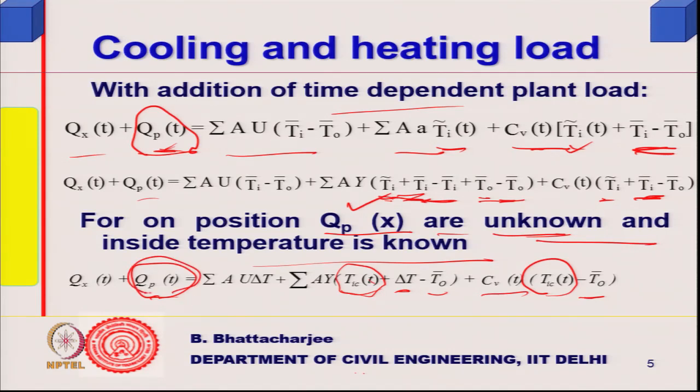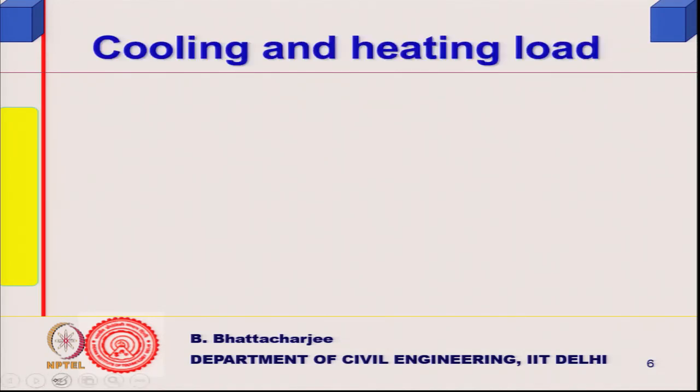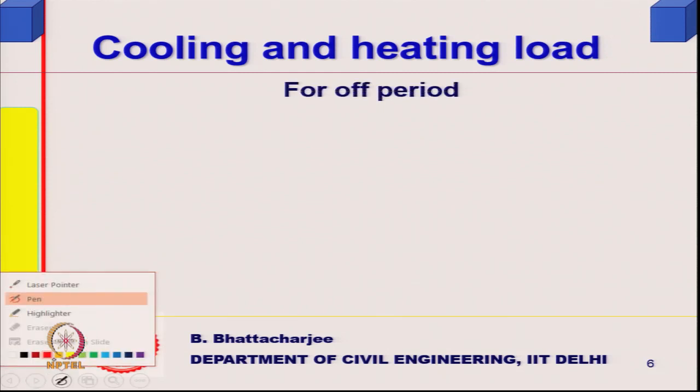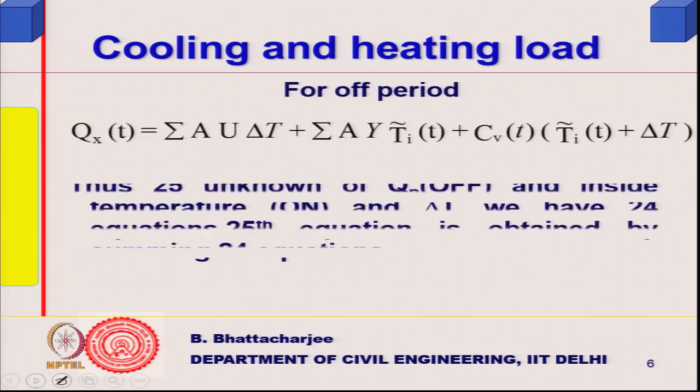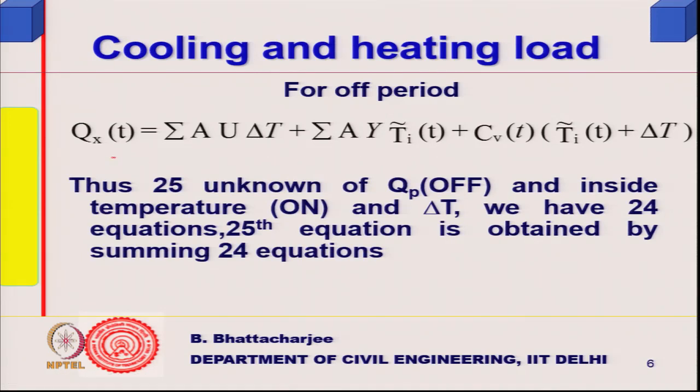When plant load I have to calculate out for varying points of time, for off period my equation will change somewhat, because then there is no QPT, plant load is 0, but this is unknown, this is unknown, this is unknown, etc. So, thus 25 equations of the similar kind that we had,